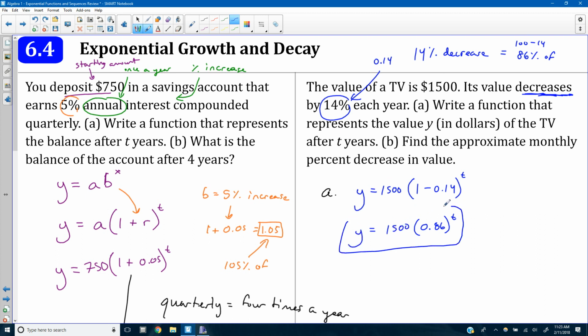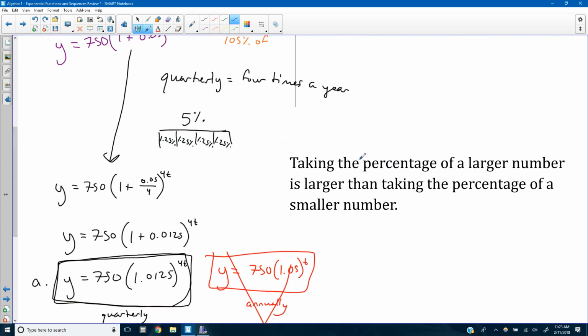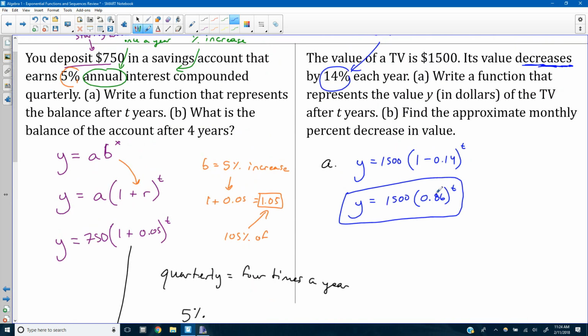Y equals 1,500 times 0.86 to the t power. Again, 86% of is the same thing as 14% off. So after 1 year, it becomes 86% of this number. After another year, it becomes 86% of that number. And going here, taking the percentage of a larger number is larger than taking the percentage of a smaller number. So if I take 86% of 1,500, that's going to be a larger difference than whatever 86% of the